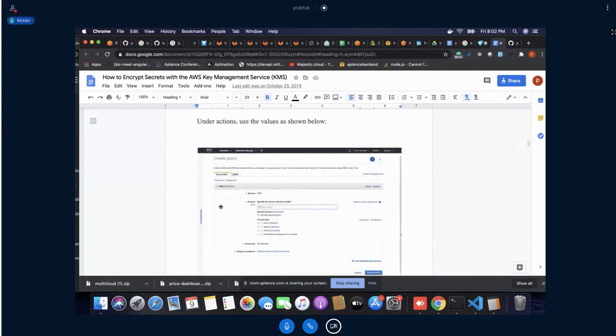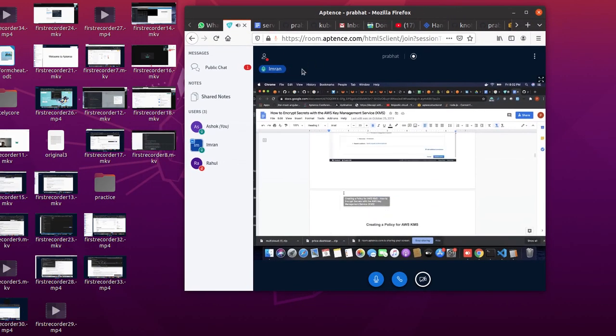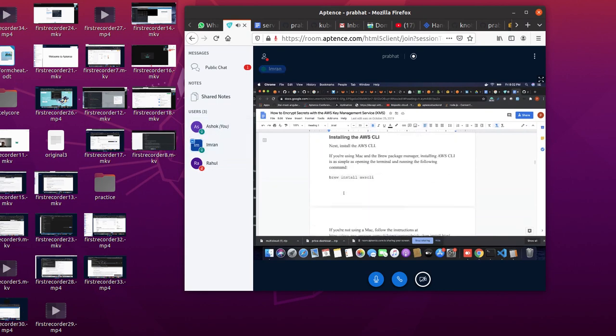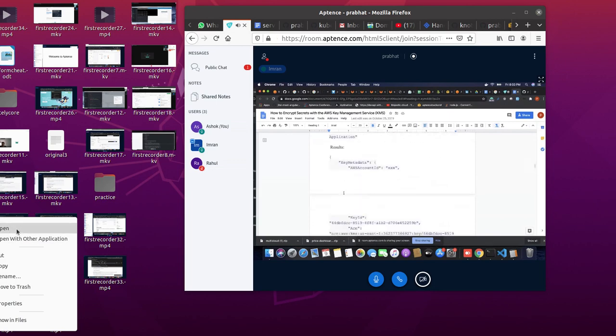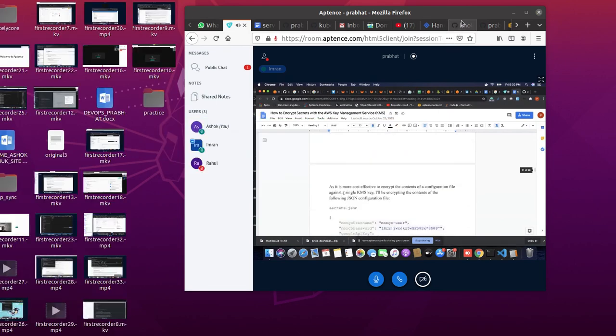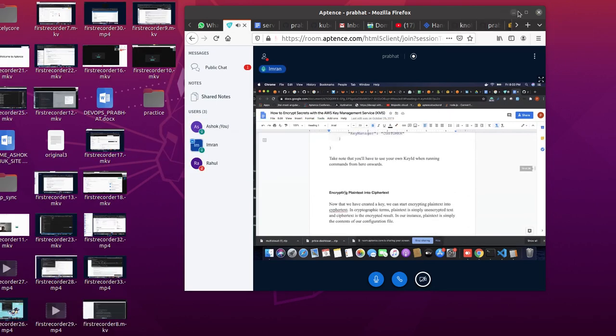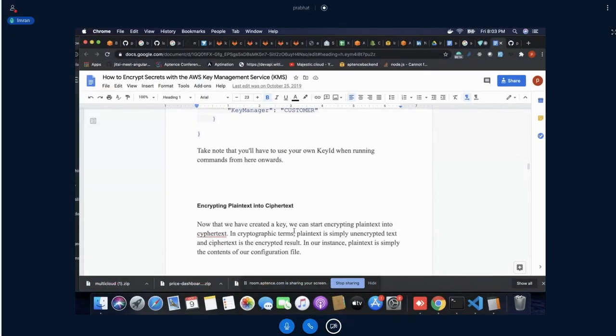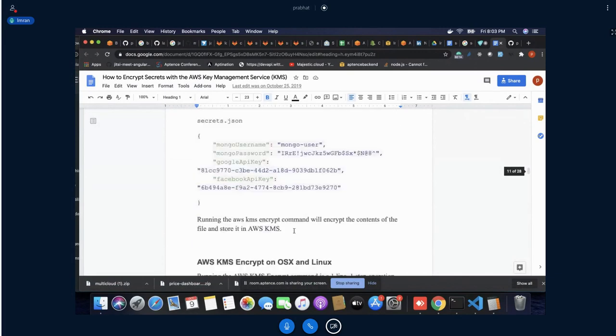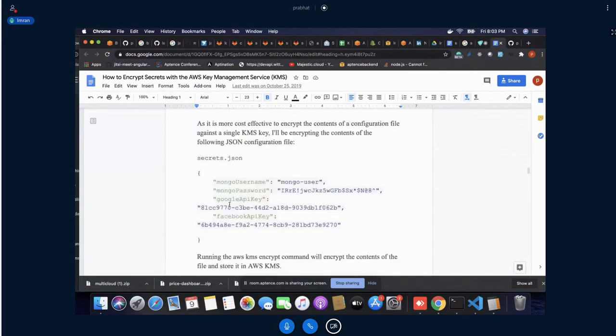If you want to create, this is how you have to create policies. You will have to add users. And here, this is how you encrypt plain text into cipher text. This is the raw data.